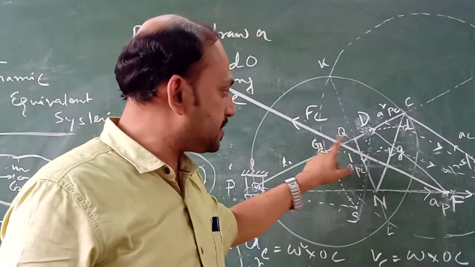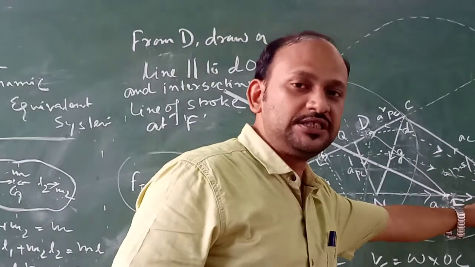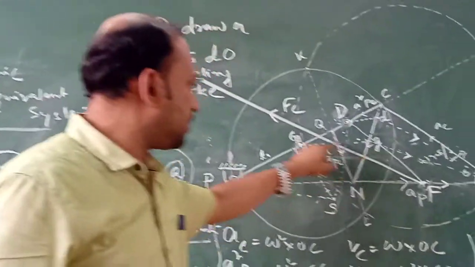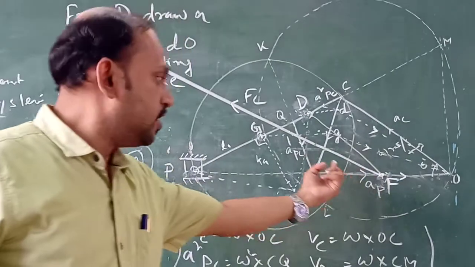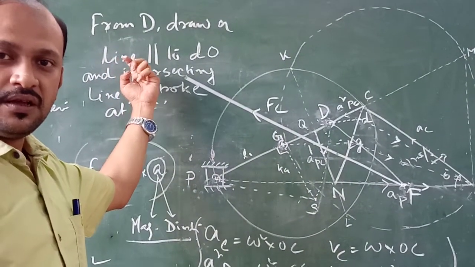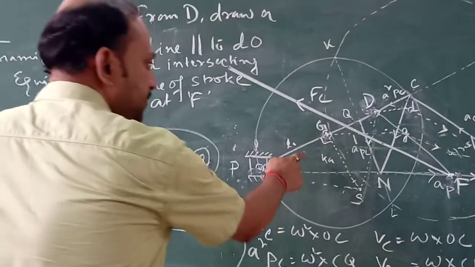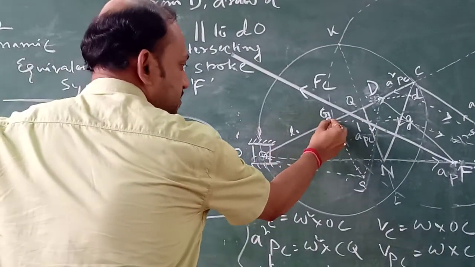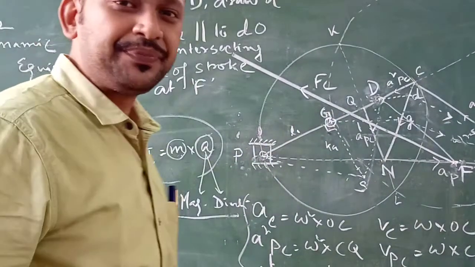So how are you drawing this line? This line is actually opposite to that of small g o. Obviously, if it is the direction of acceleration, the inertia force will be acting in the opposite way. So this gives us the direction of inertia force. Now there will be a question: sir, why is this inertia force not passing through the point G?